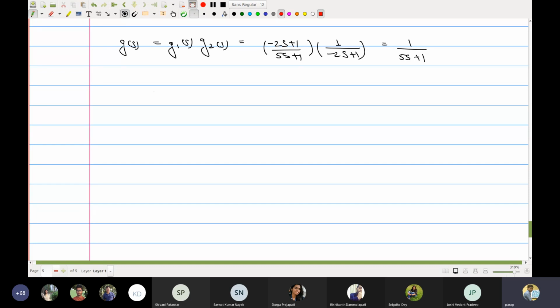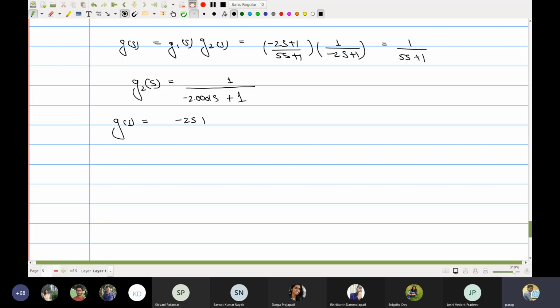So suppose you have a transfer function, and you determine the transfer function of the second system with a small change of the time constant, and the time constant happens to be 2.0001 s plus 1, right? A very, very, very small change. So then what will happen to the overall transfer function G of s?